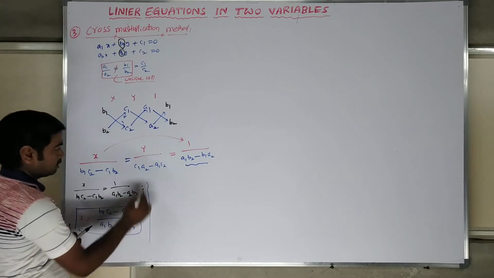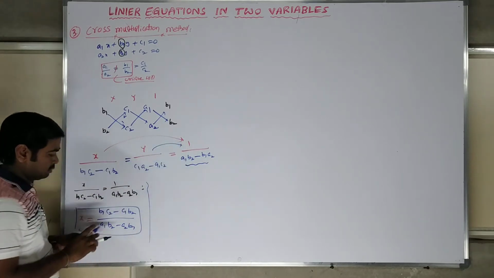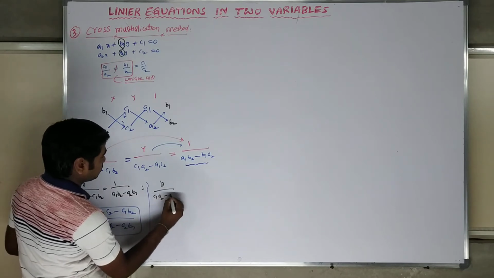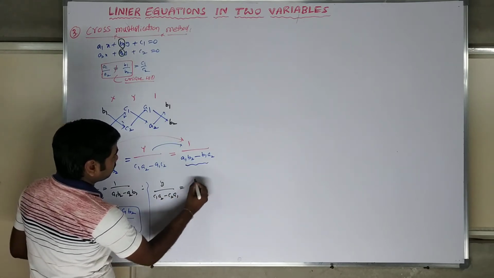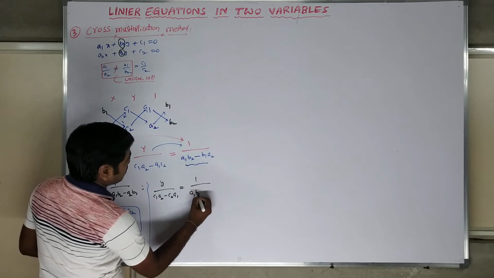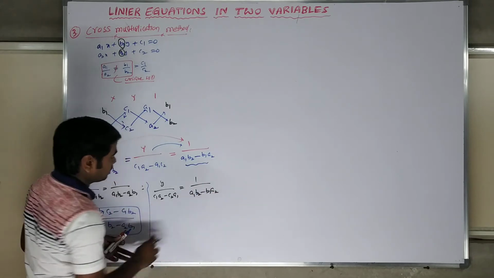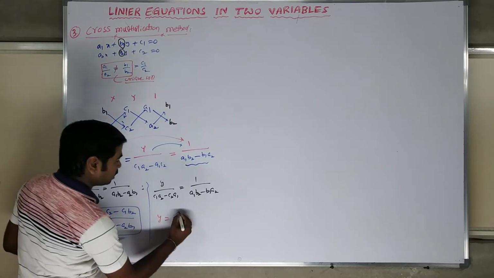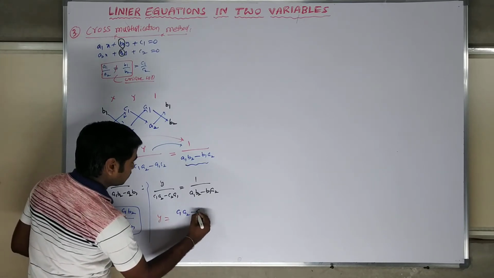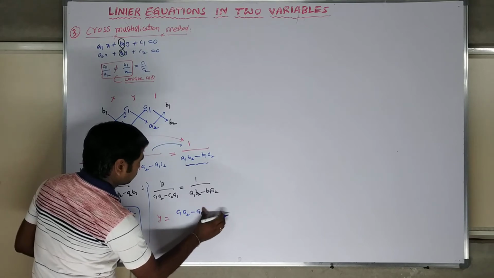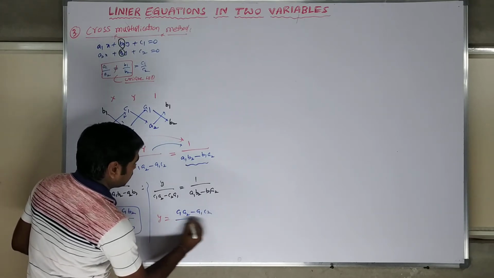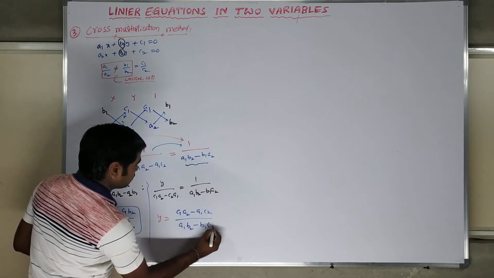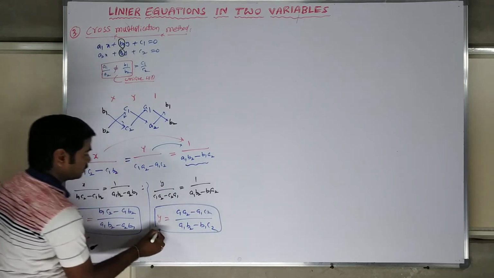So case 2 also, this is equated to this one. So what are you getting? y by C1A2 minus C2A1 is equal to the constant A1B2 minus B1A2. This is a method. Next, the y value is equal to C1A2 minus A1C2 by this constant A1B2 minus B1C2. This is the y value.